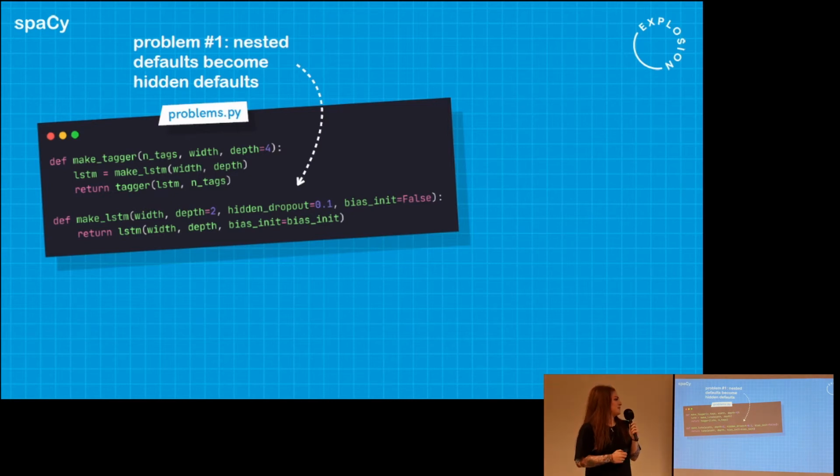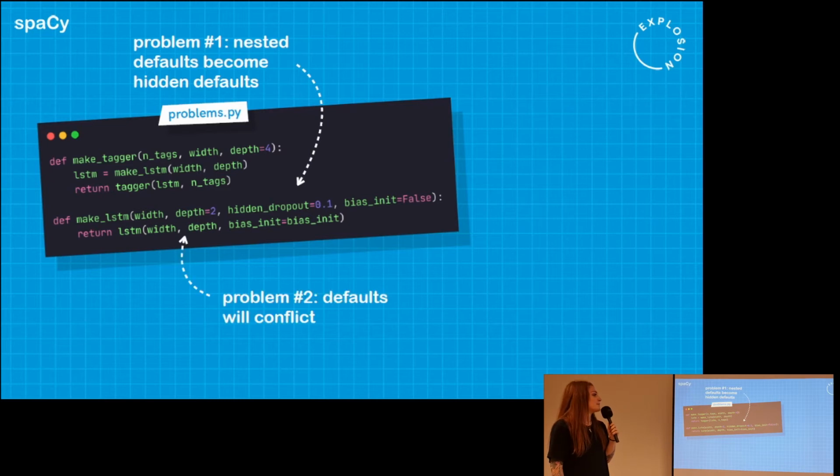But once you start nesting them, as we do here, these defaults can easily become hidden defaults. Because if you forget to pass in one setting forward to the next layer, it's using a default configuration that you might not even be aware of. You're not tracking that everywhere, and that can potentially have a really big impact.